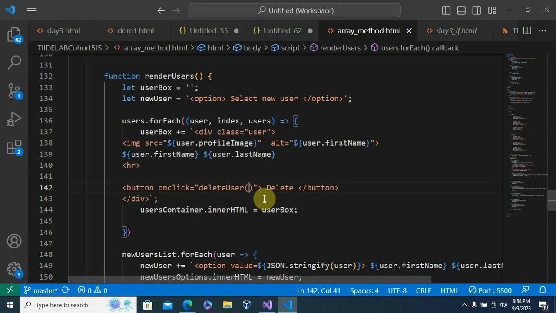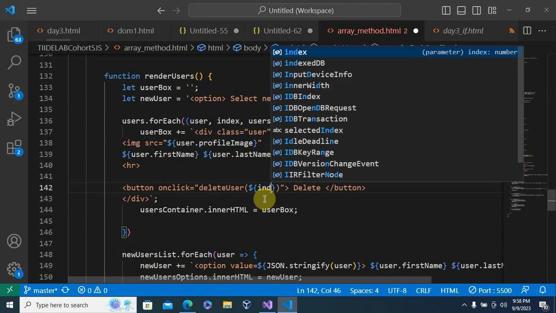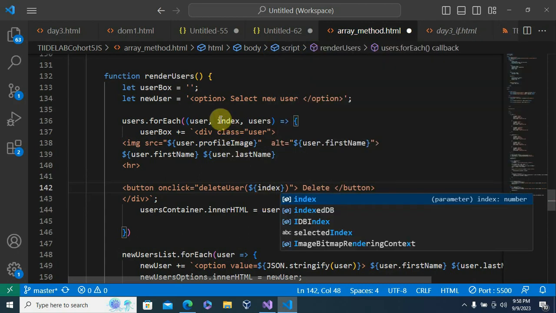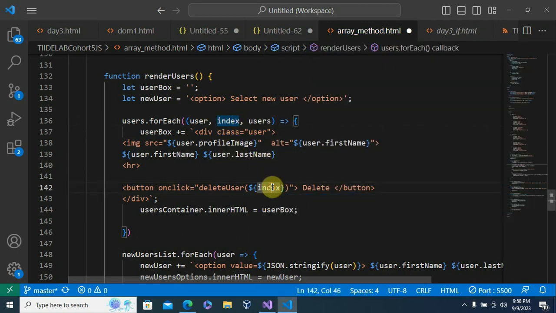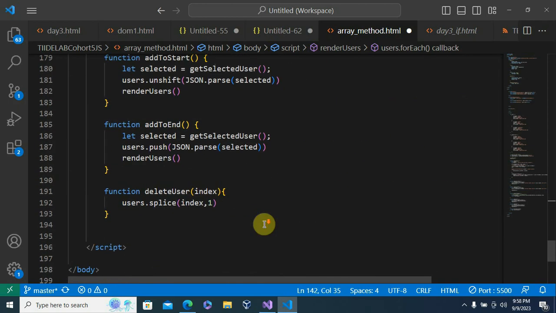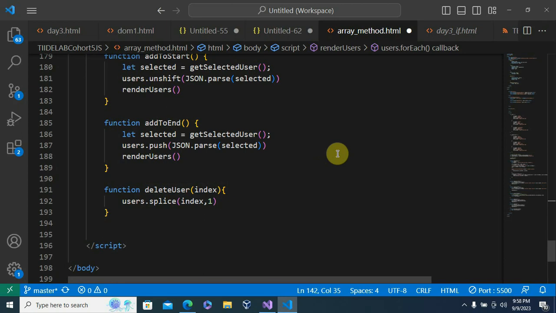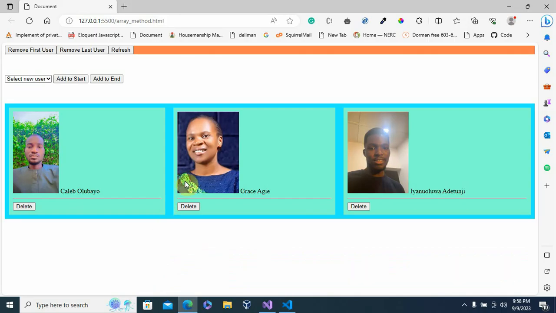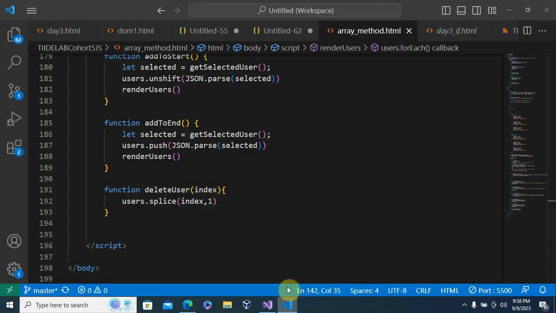So all we need to do is just pass in this index right here, and that should work. When we click on it, it should delete the user that is on that index. So if we delete now,